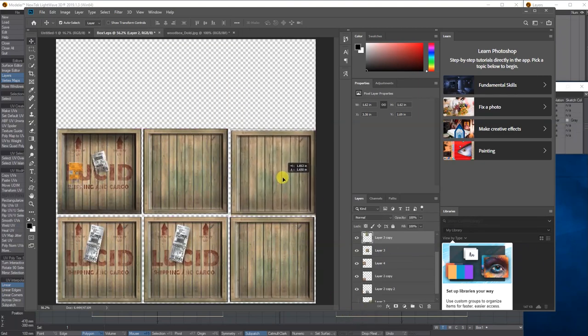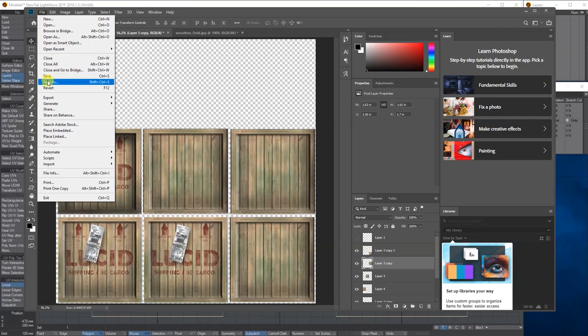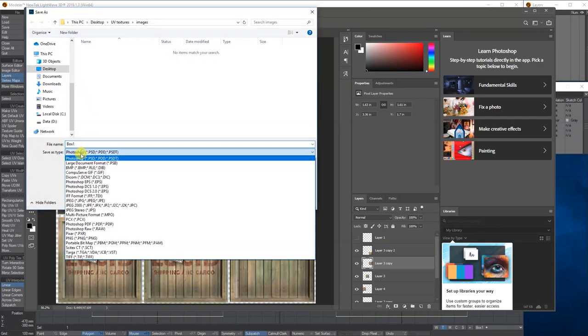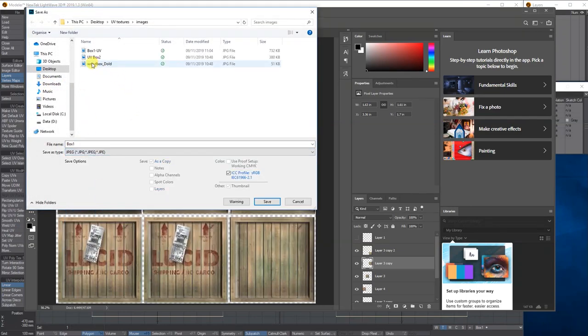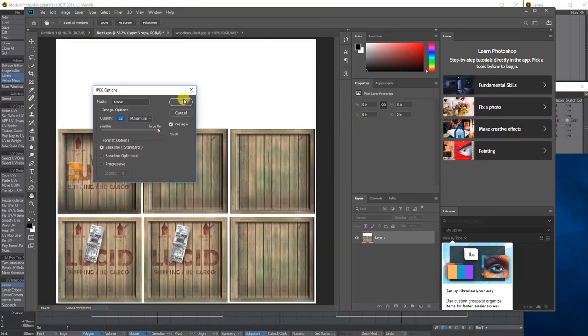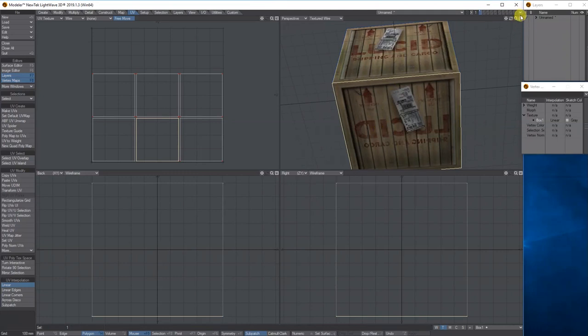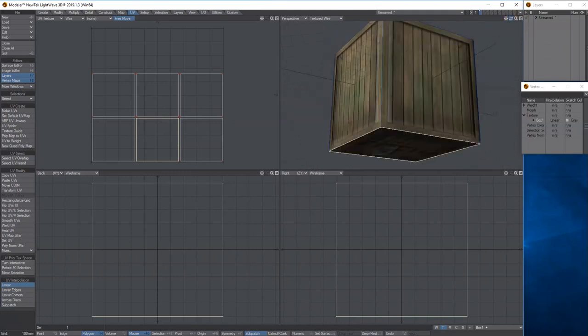round quickly like so, turn the top off, and this time we just go File, Save As, make sure it's Photoshop, click on the last one you selected, which is box 1 minus UV, press save, make sure it says do you want to replace it, because you do, and then when you actually click into Lightwave, it will just update it for you, so you don't have to redo it, and then you can check it.